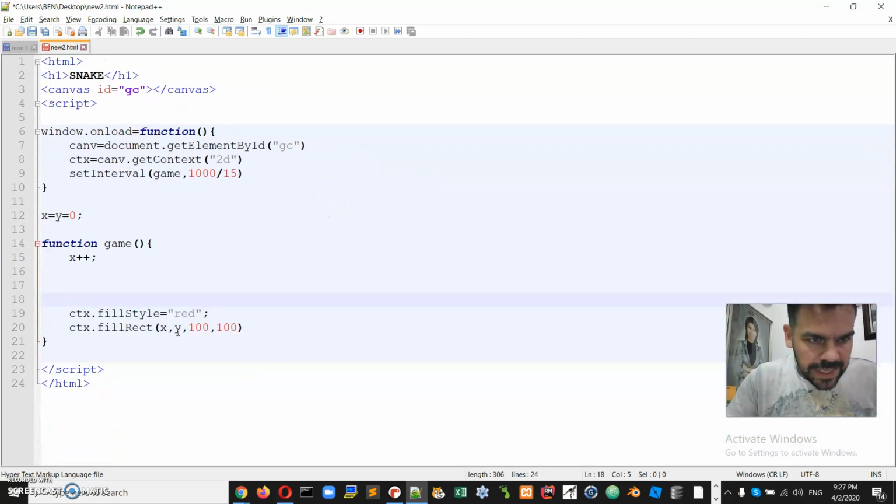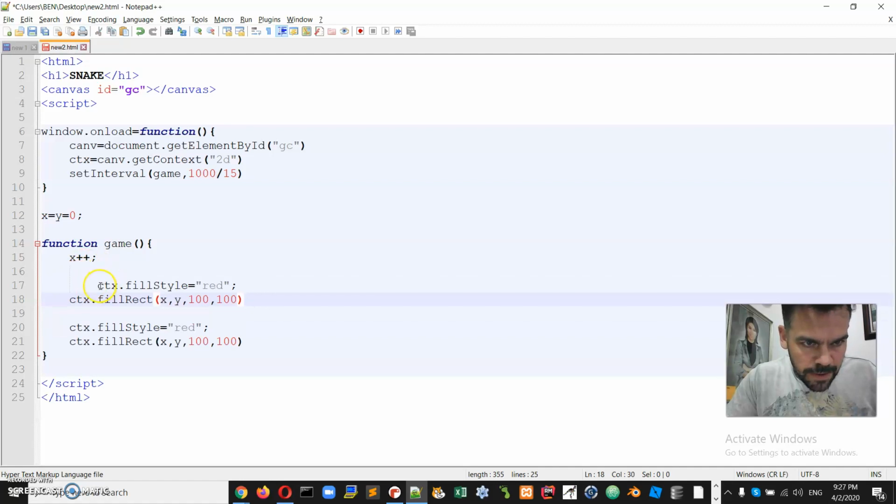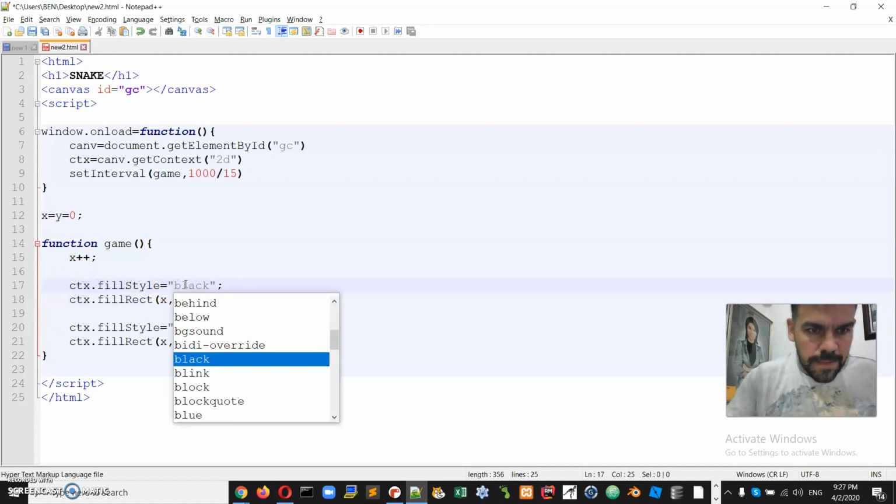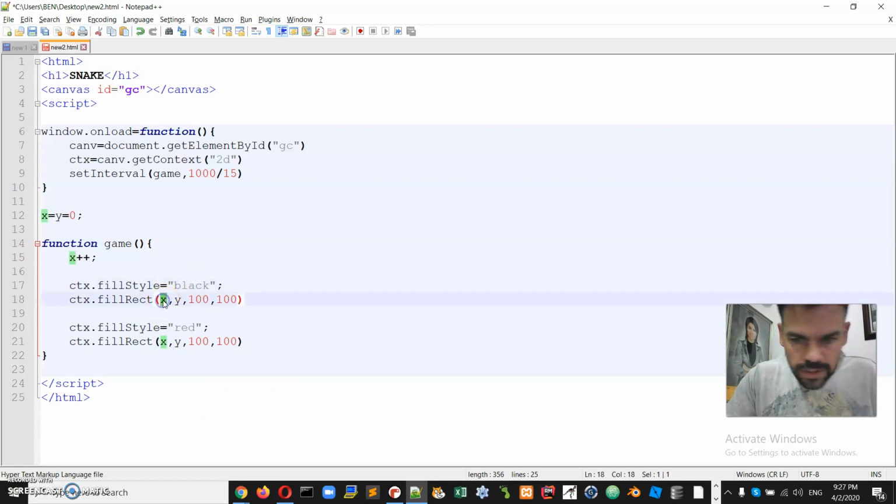Let's try and keep this a little bit organized. I kind of want that same exact bit of code just above here. And what I want to do is make this black, and again, I'm not using the variables now. I'm going to start from the top left and go down to the bottom right, and instead of saying that it's 100 wide, I'm going to use